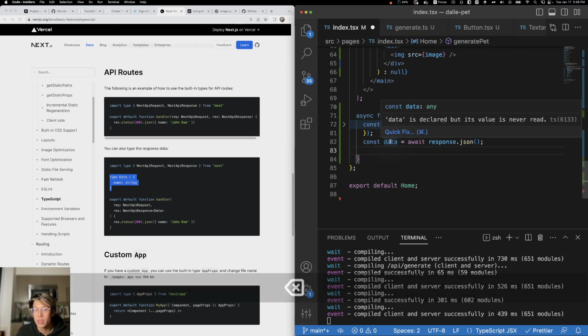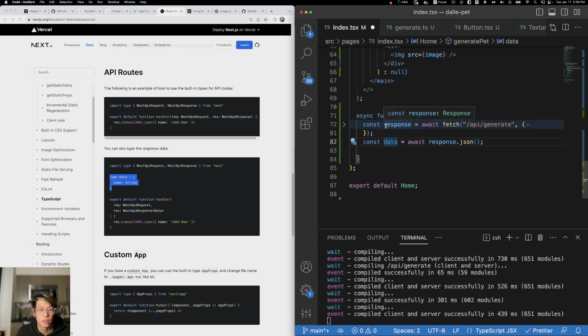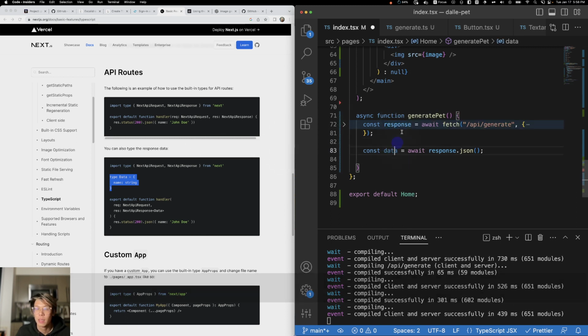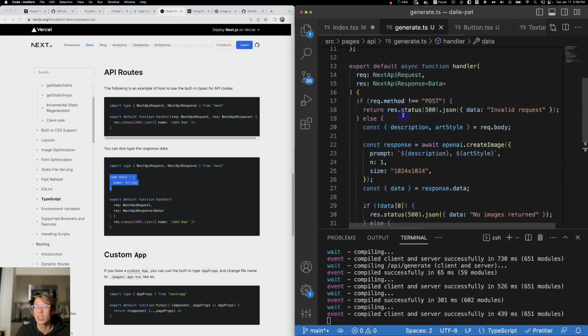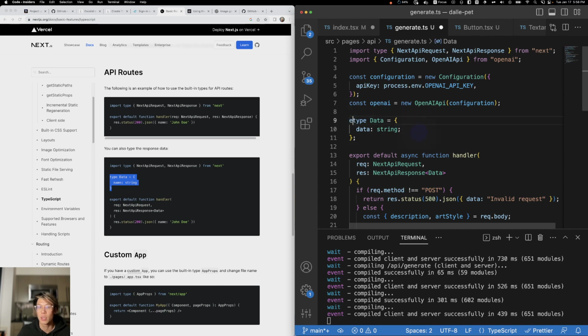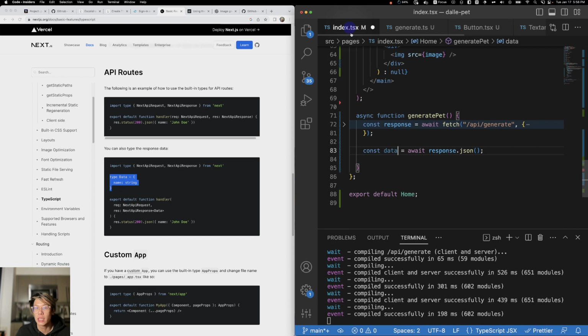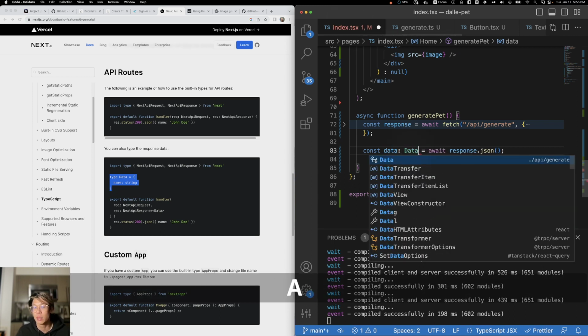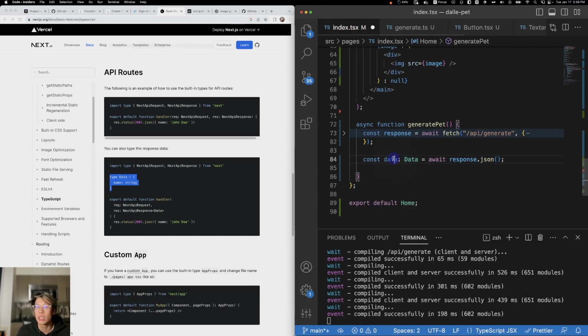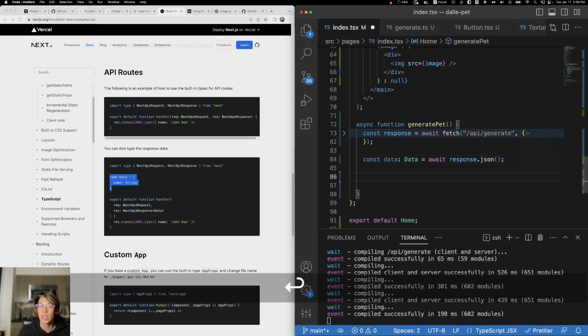So console log data. Huh. Oh, I guess the data's still not typed. That's weird. I expected it to be typed. I guess maybe we have to explicitly connect this to the data type. So let's export this type so that our front end is aware of it. And let's actually import the data type. So data, okay. So now this is us telling TypeScript that the data that's coming back is always going to look like data,